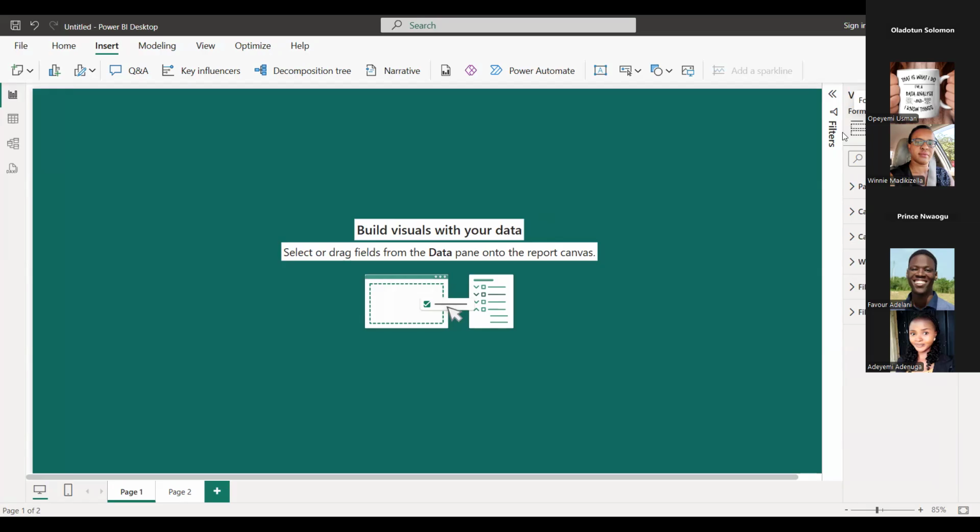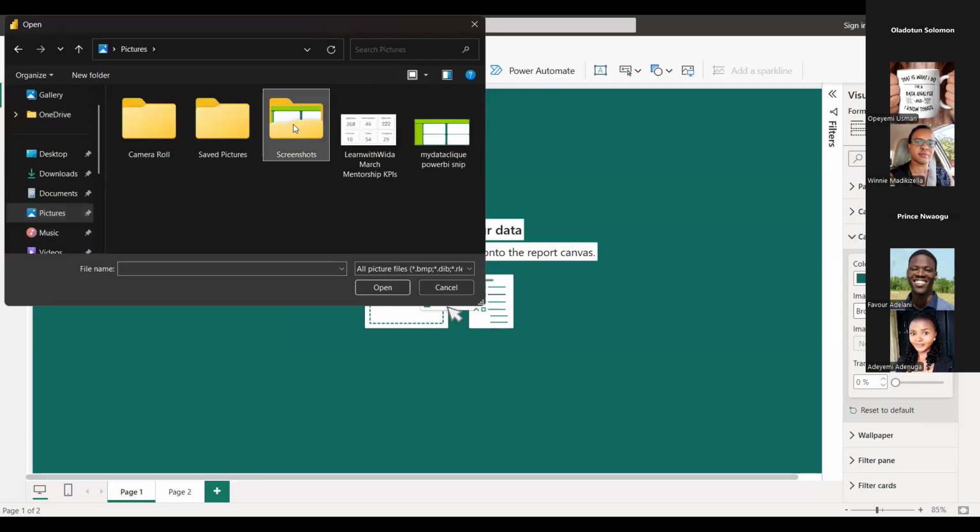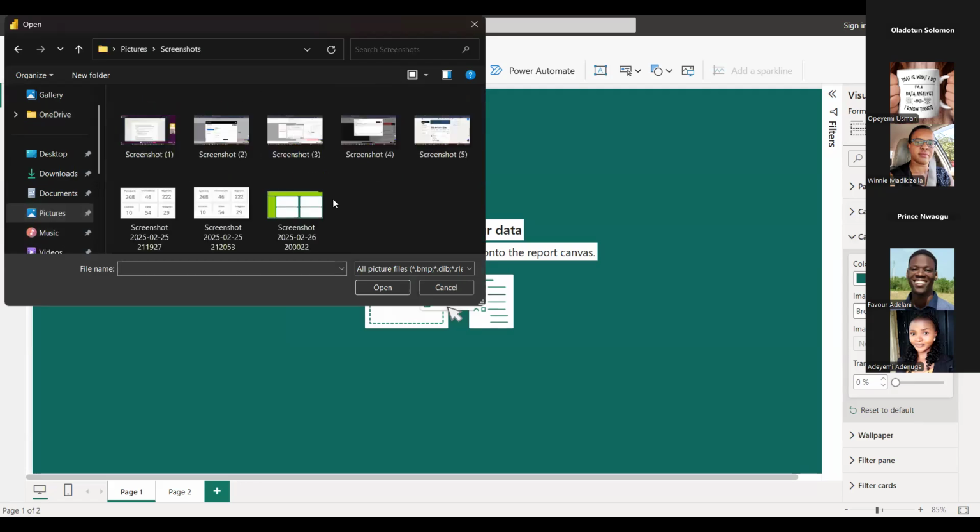Okay, it's canvas background. Then we browse image to bring in the background. All right. So I'm just going to go and find the image. Okay, so this is the image.